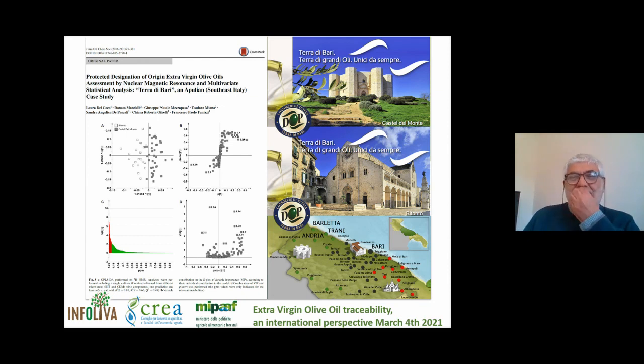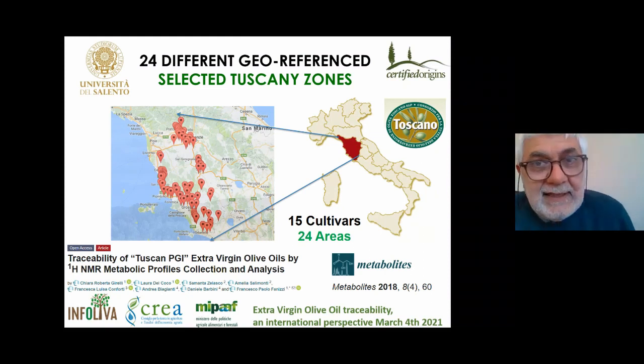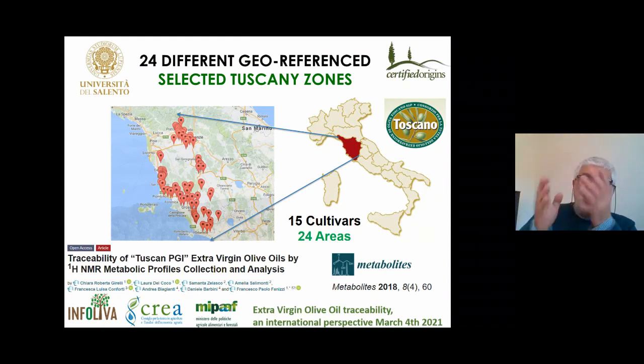Although if you use the metabolomic approach, you see the difference between Castel del Monte and Bitonto, which are very close, although both being in Apulia. Nevertheless, they have slightly different oils, as the people in the region already know, being a hilly region, the hilly part of Apulia, the one of Castel del Monte, has a different taste of the oil. We also dealt with the PGI Tuscany, which is more complicated, since Tuscany is a very complicated